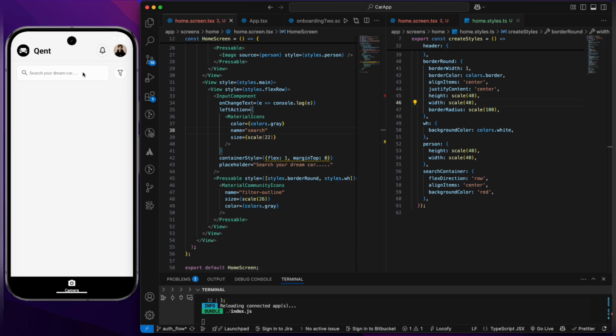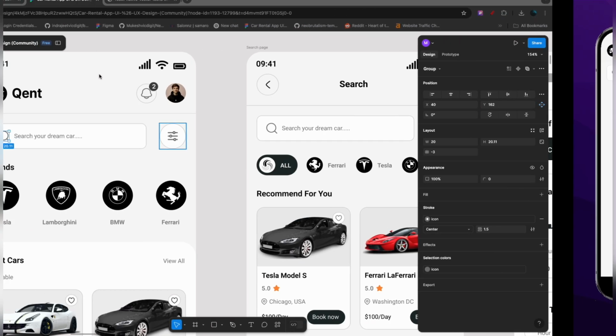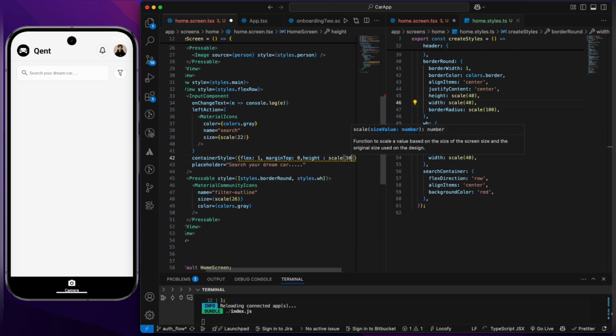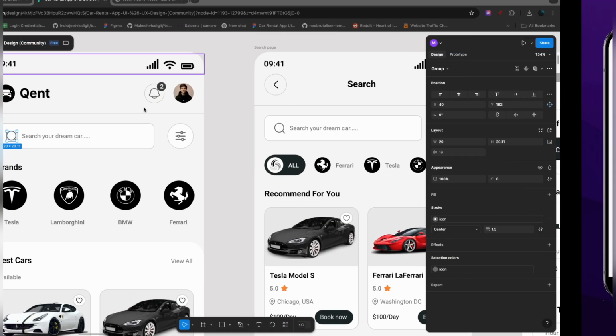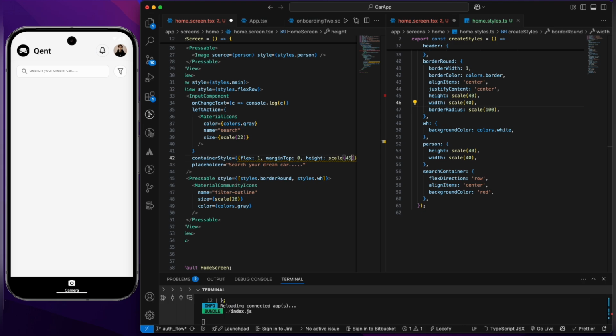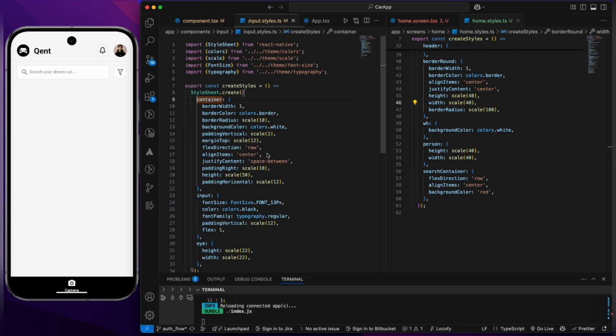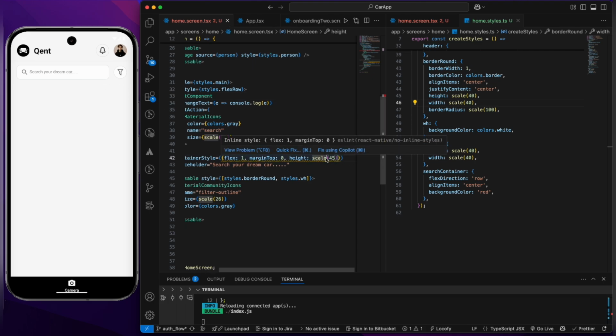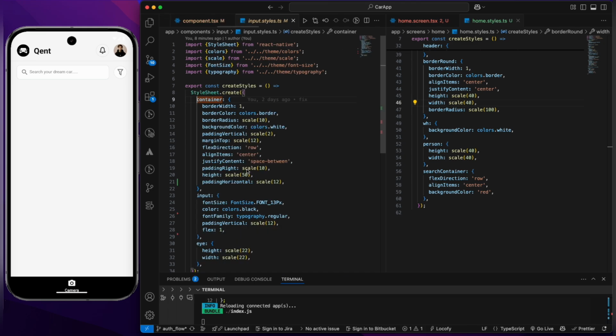So yeah, as you can see, the input container is having a bit more height. So let's try to reduce it. Let's give a height as scale 40. So yeah, the height is kind of small, as you can see in the UI. So let's make it 45. I think it's having the default height, so it's having the 50. Let's give 45. So yeah, and as you can see, if I go to the input component, it's having padding